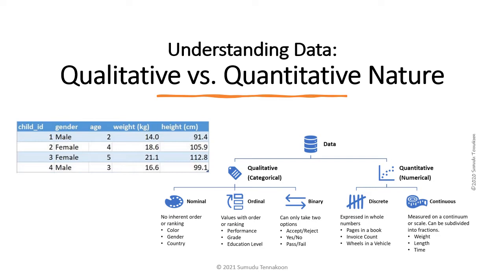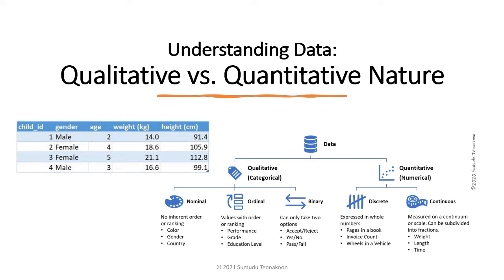But before we do that, let's understand at a very high level what data types we see, at least in this slide. We know male and female are represented by characters, so these are strings. Age is a whole number, and we don't have decimal points. These are integers. And then the weight and height have decimal points. In computing, we call them floating point numbers. So let's look in detail at what we should know about